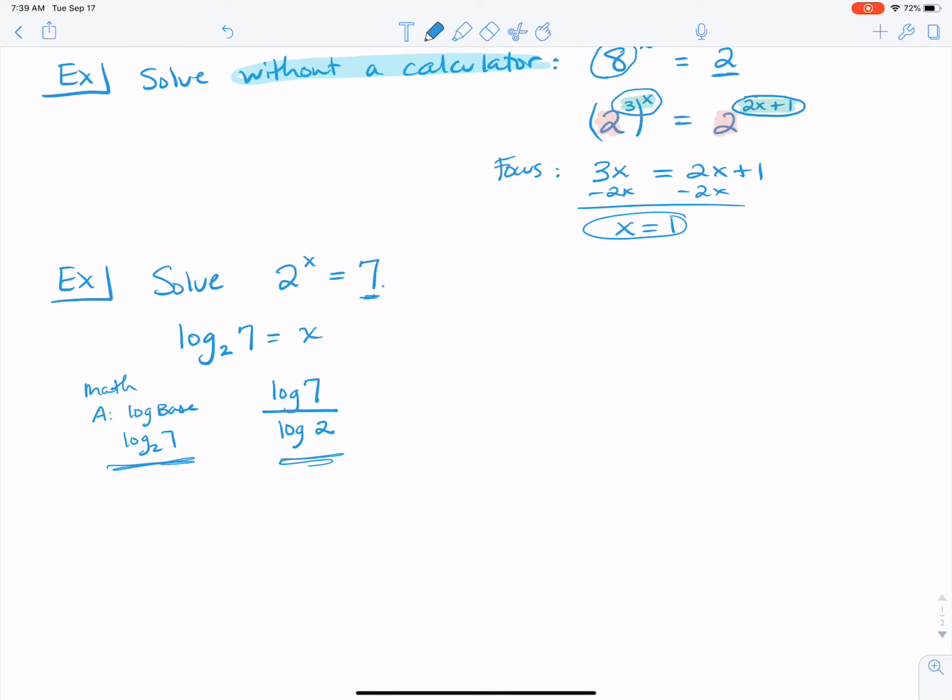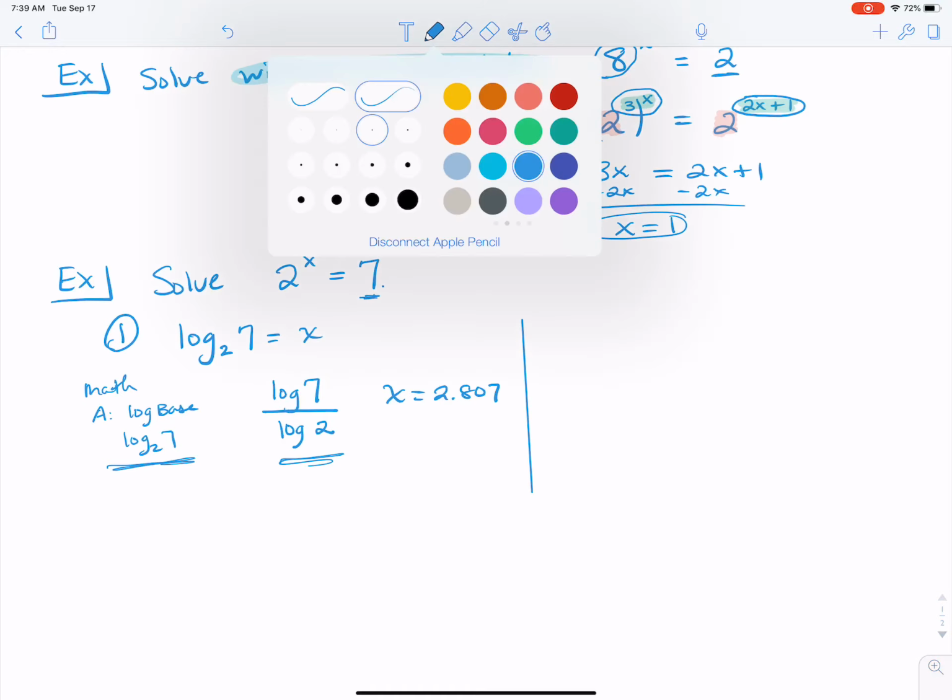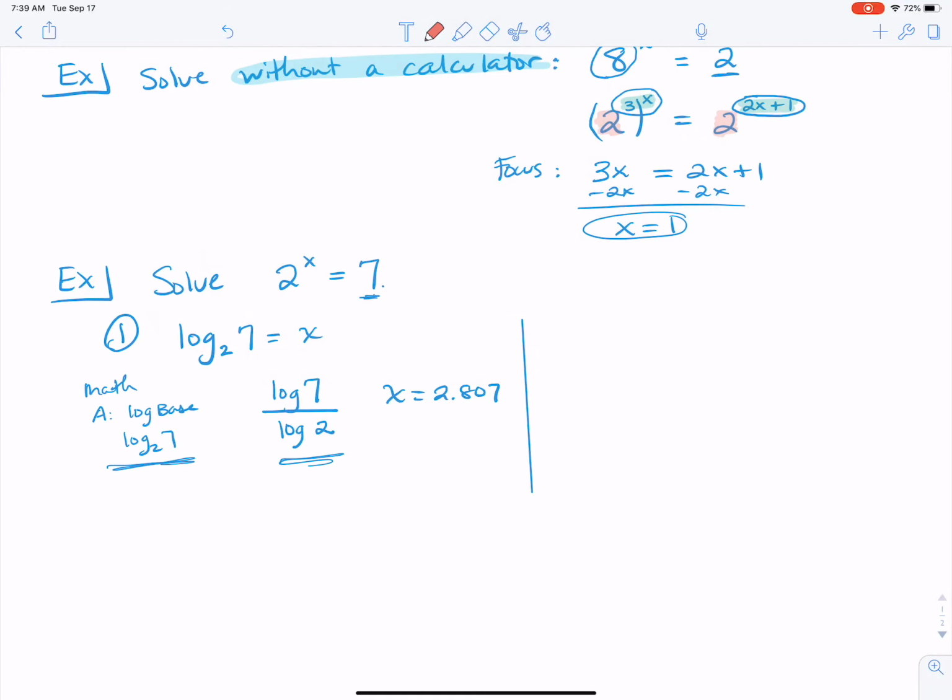But type that into the calculator and you get that x equals 2.807. So try that out. Make sure that you get that to work. So that's one way you can solve it. Another way you can solve is if you take your 2 to the x equals 7